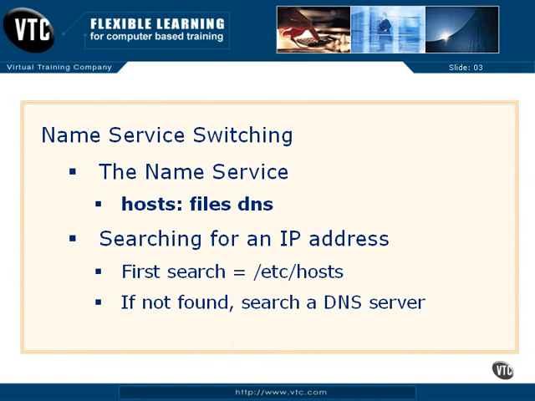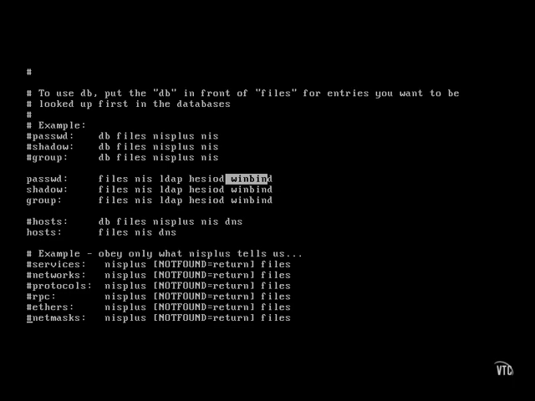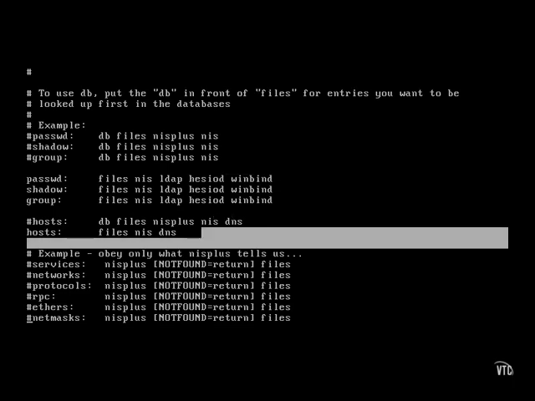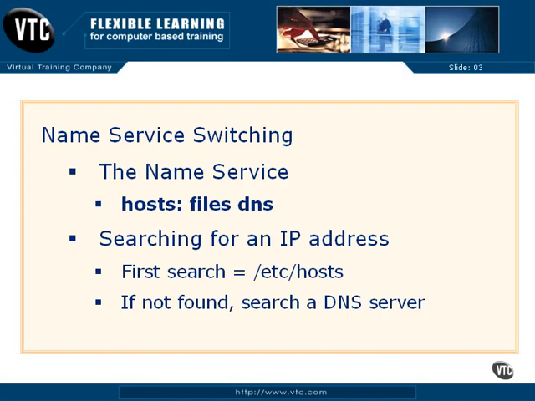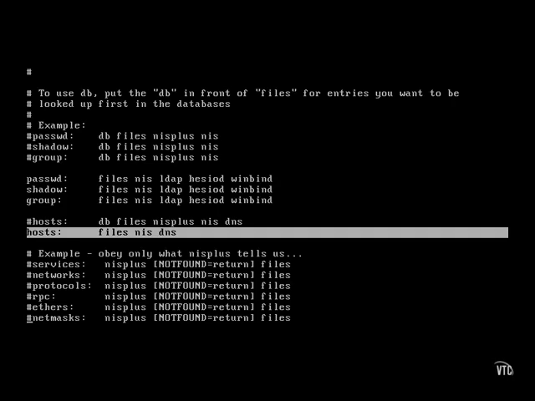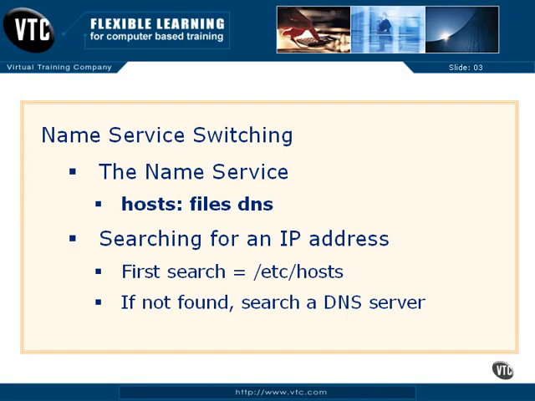Name service switching can also apply to other search areas, such as name service. Imagine that. Take a look at the following directive. Hosts: files. The original version of this directive had hosts: files dns, which means that a system which needs to translate a host name to an IP address first searches through the /etc/hosts configuration file before searching through